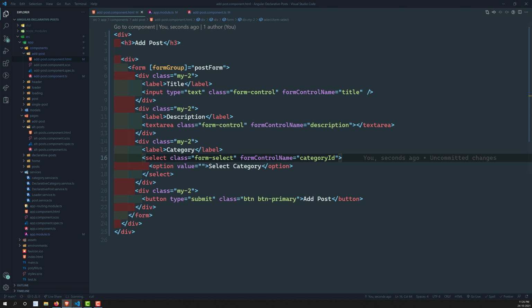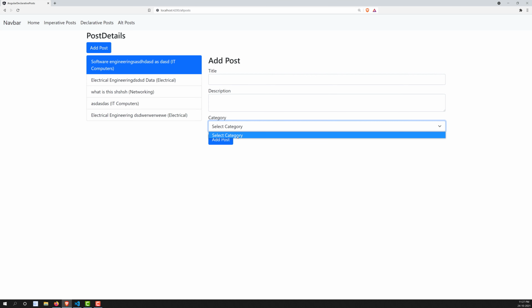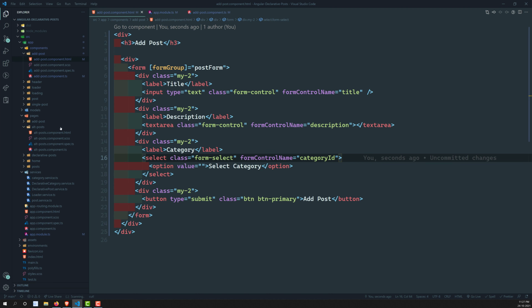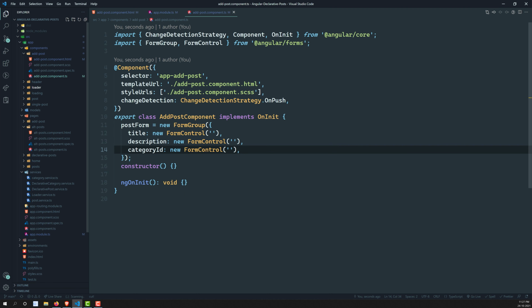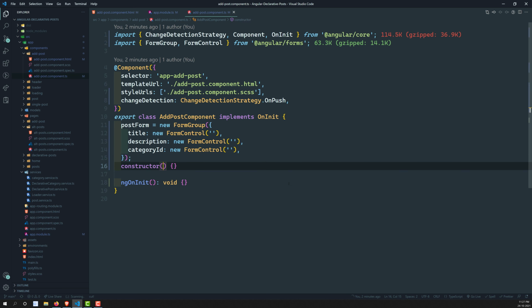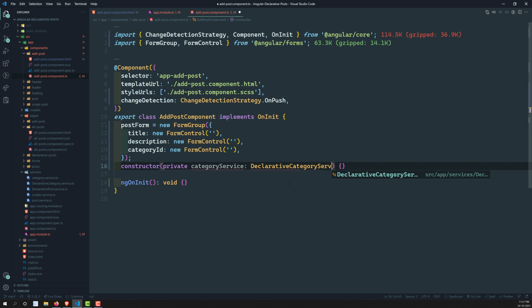Now we need to display the categories here. We need to show all the categories that are available in this project. So that is easy, right? We know already. So let's inject the category service, it should be of declarative category service.